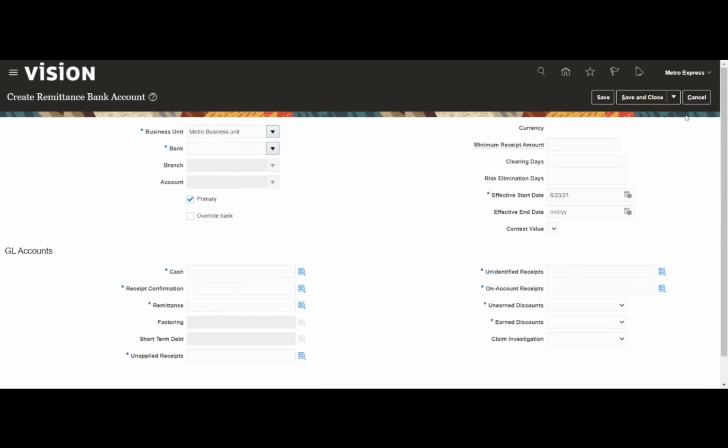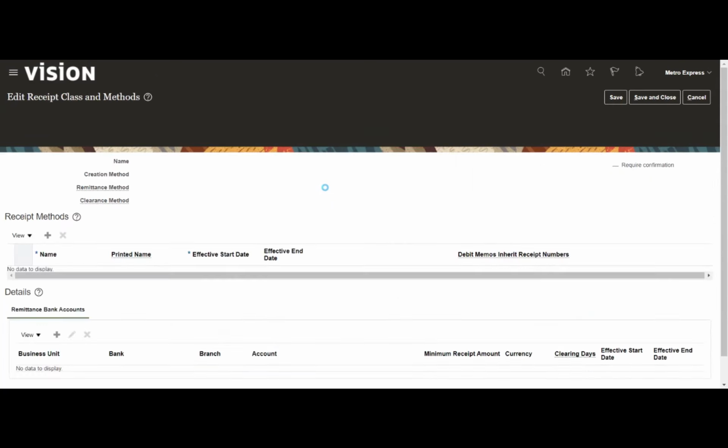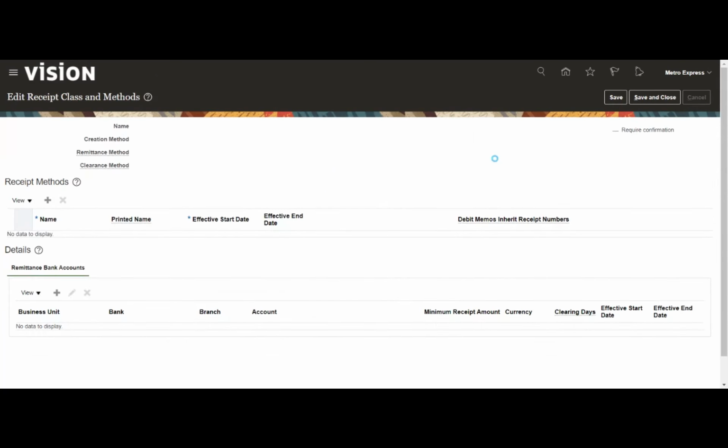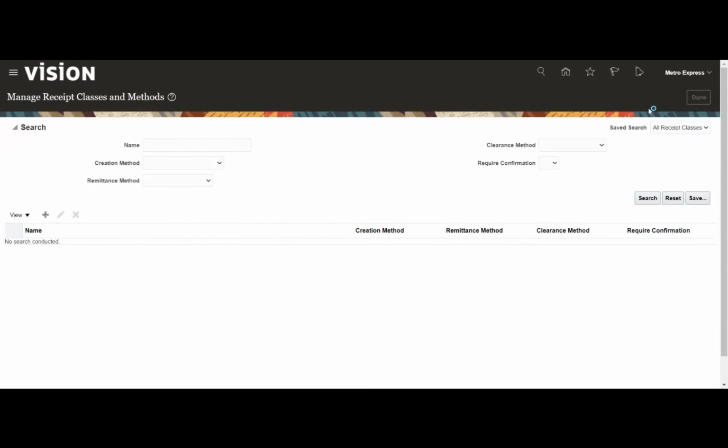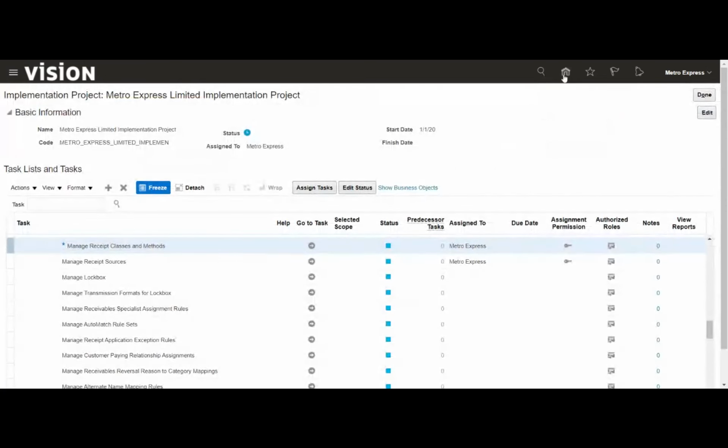Let me create one bank. I think I created the bank in a different operating unit, so that's why it's not appearing. Let me create a new bank for this unit.